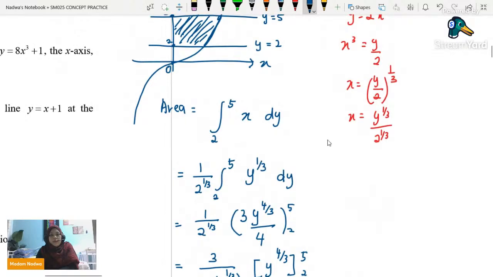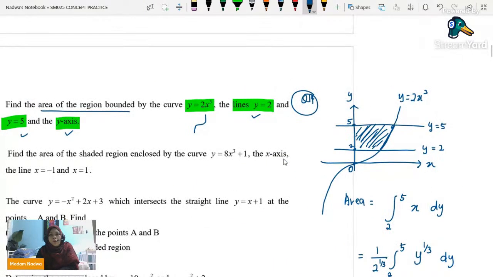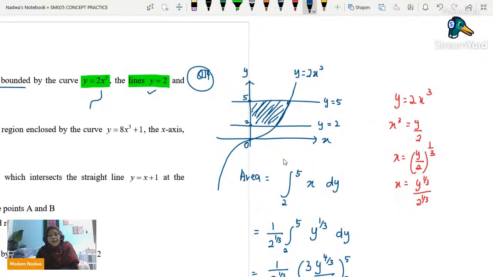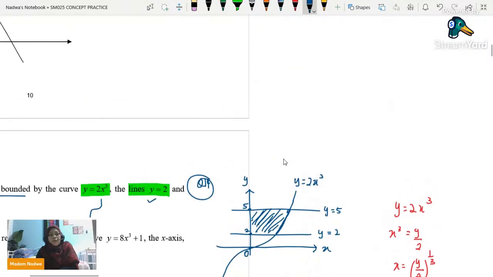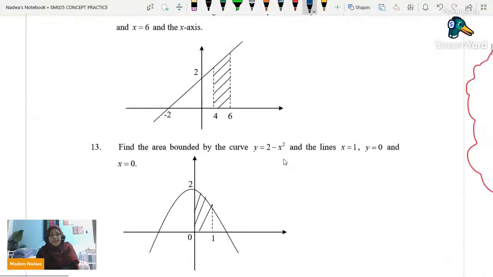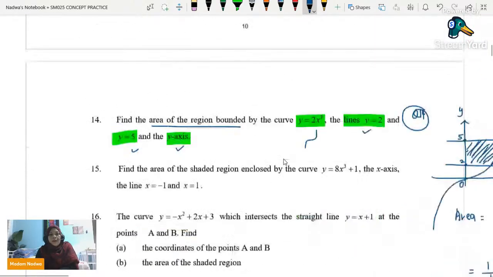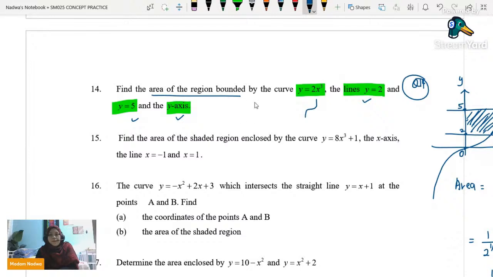So alang-alang tu saya bincang terus untuk semua orang. Okay, question 14 ni tak ada siapa tanya dan saya pun tak suruh buat, sebab untuk area saya suruh buat nombor 11, 12 dengan 13 which is very easy, very simple, sebab saya nak awak fahamkan konsep dia. Okay, question 14 ni saya buat untuk tunjukkan how we actually find the area bounded